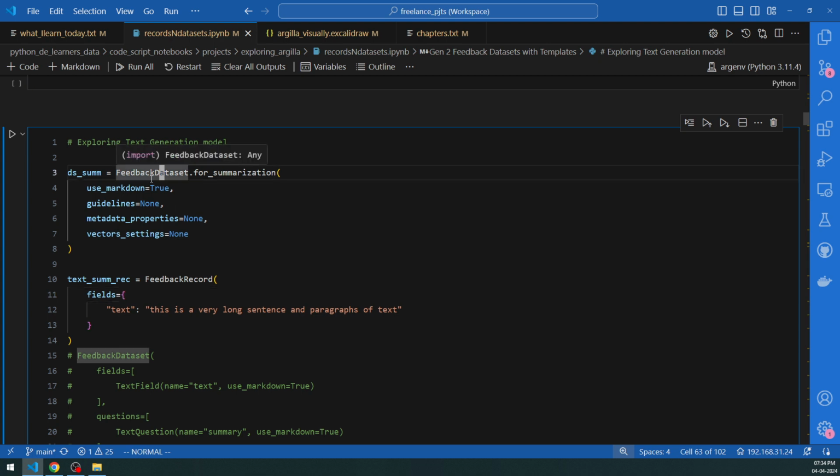We have to call the feedback dataset. We have to import this from the Argilla base module itself, and that has this particular method called for summarization. Once you call this for summarization, you have to provide these points. You have to say metadata properties, vector settings as none, which is actually not required. You can say use markdown equal to true because it's required for us to have markdown formatting on the UI. And for guidelines, you can provide a guideline, or if it is not required, it's okay. It's not mandatory, but you can say